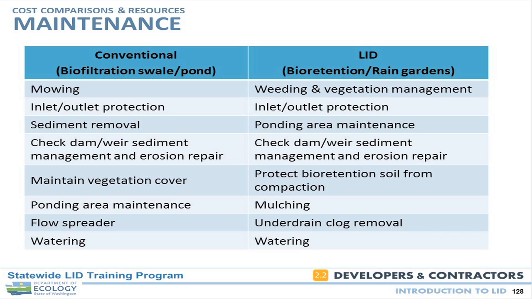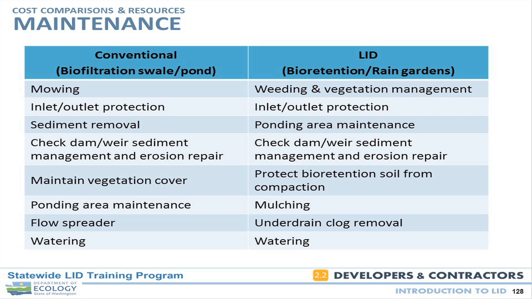But you can see that some of them are exactly the same, doing some inspections, we're checking the inlets and the outlets, checking the weirs and so forth. And then there's a bunch that are different, like biofiltration swale, which is going to be grass, it's just going to be mowed, whereas a bioretention facility in the same footprint would of course need to be weeded and maintained